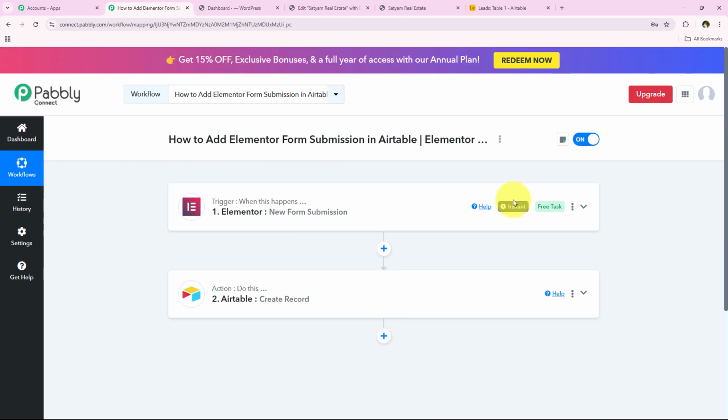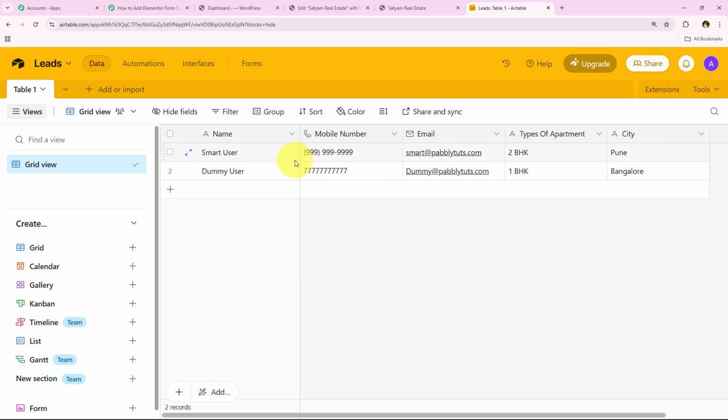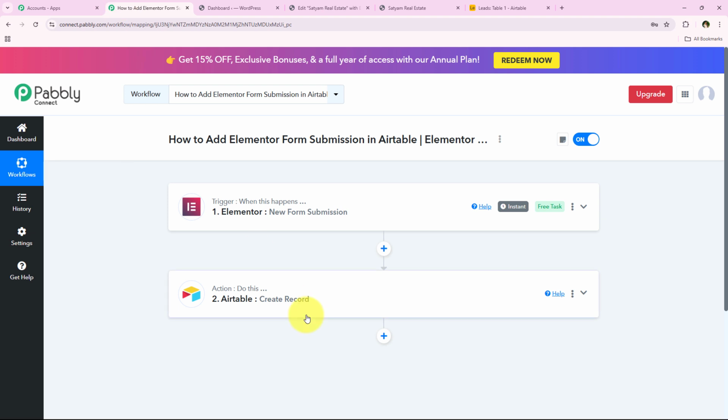Okay, so I'm just going to open my Airtable and check for the new details added. And yes, you can see the new details have been added right over here automatically. You can see the name, you can see the mobile number, you can see the email, the type of the apartment, and the city which we entered. So yes, with this we have successfully completed our workflow, but I'll just test this workflow once,